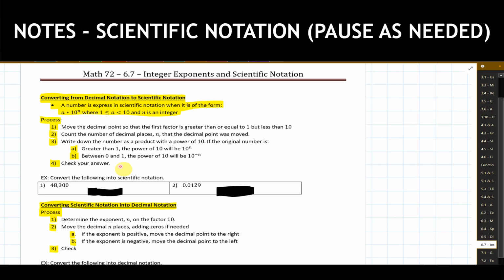Let's see if we get our original number that we were working with. So at the end of the day, it's going to be, what are we starting with? Moving the decimal left or right and counting how many places we're moving it. Rewriting it so we have that original number out front times 10 to the, is it going to be a positive or a negative integer coming after that? And then we're done. So we'll take a look at these two examples right down here before we go into doing the reverse of writing these things out in a different way.